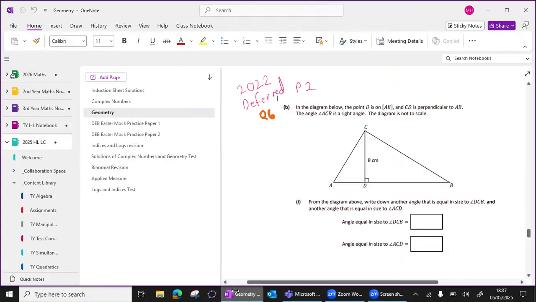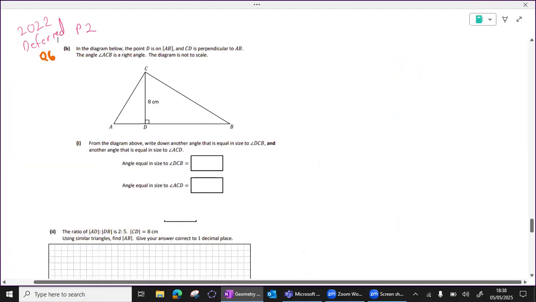Okay, so just another little video here on geometry. So in your exam papers, it's page 318, or if you want, you can find it under 2022 Deferred Paper 2, question 6b. So in the diagram below, the point D is on the line segment AB, and CD is